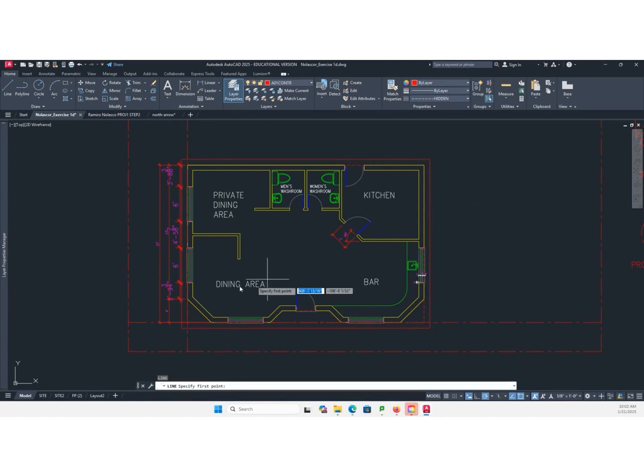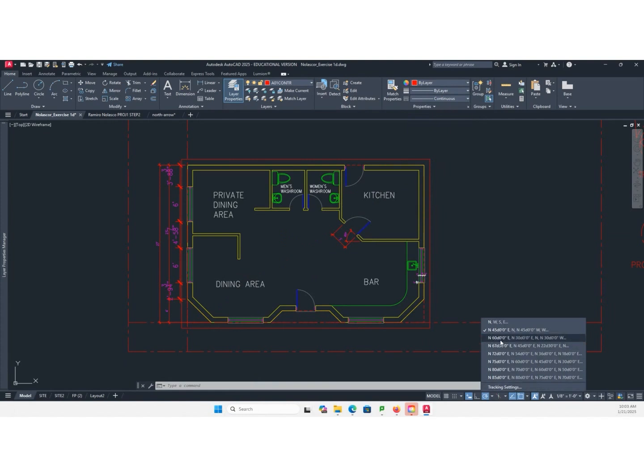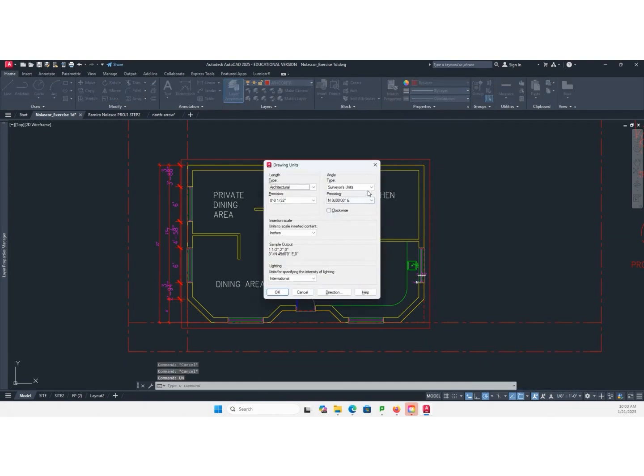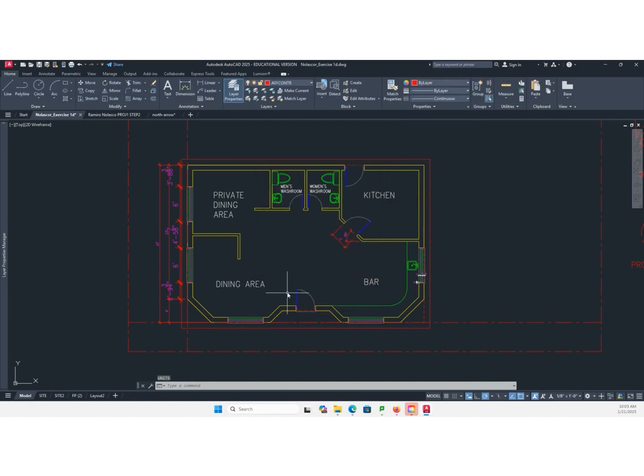I'm going to create a line here at the 45-degree angle. I'm going to make that continuous as well. Okay, so make sure the polar increment is, okay, we need to change this back to decimal degrees. Units, UN, decimal degrees, click OK.